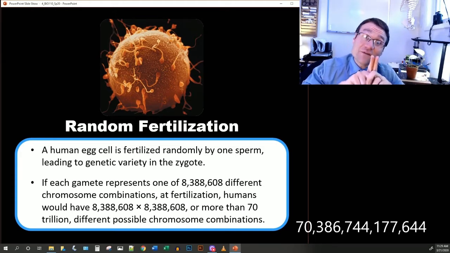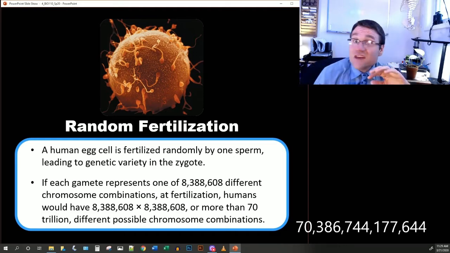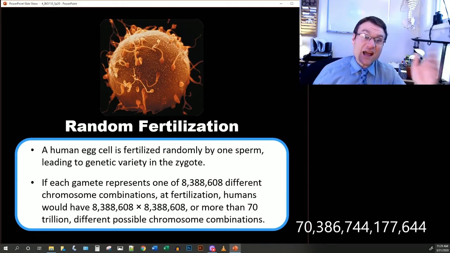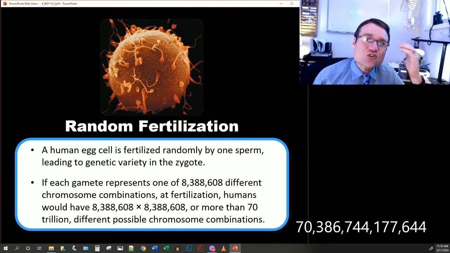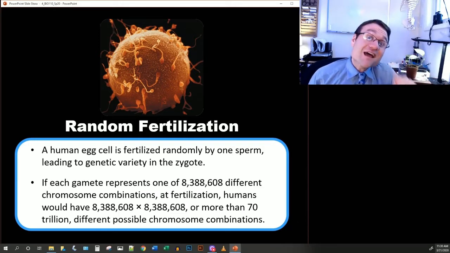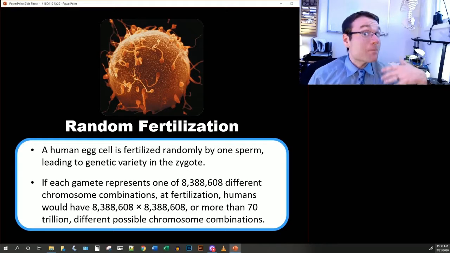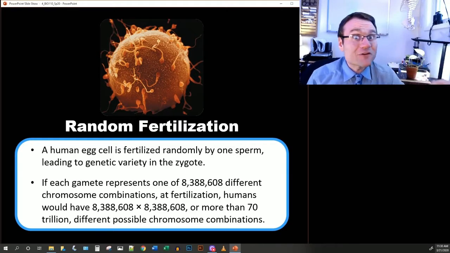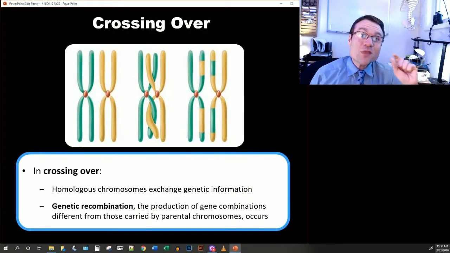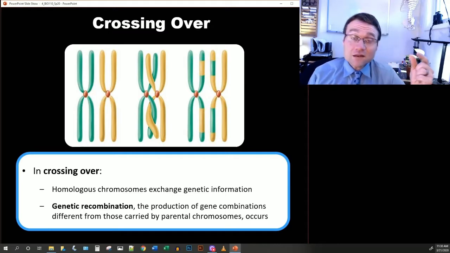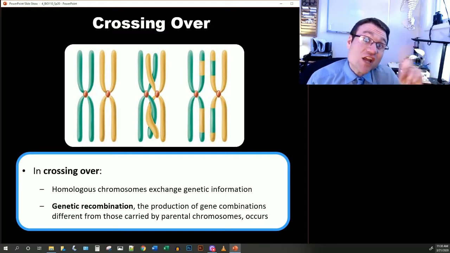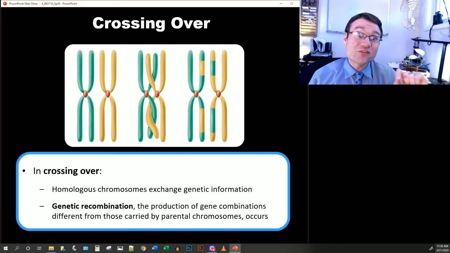The odds of getting the exact same combination of chromosomes in 2 different offspring is astronomically high, 1 in over 70 trillion. But that's not where the variation ends. There's actually more variation than that, because don't forget crossing over. In crossing over, random amounts of DNA are exchanged between the 2 chromosomes, meaning that every single chromatid is unique unto itself,